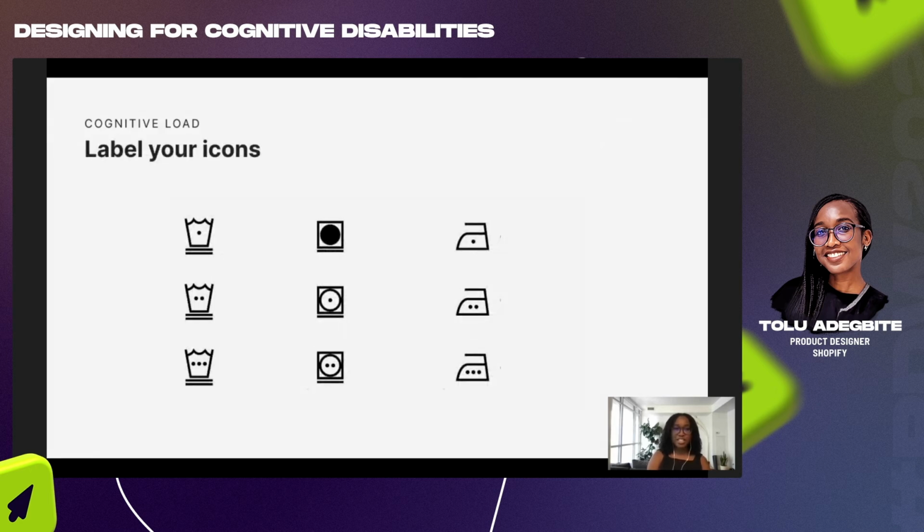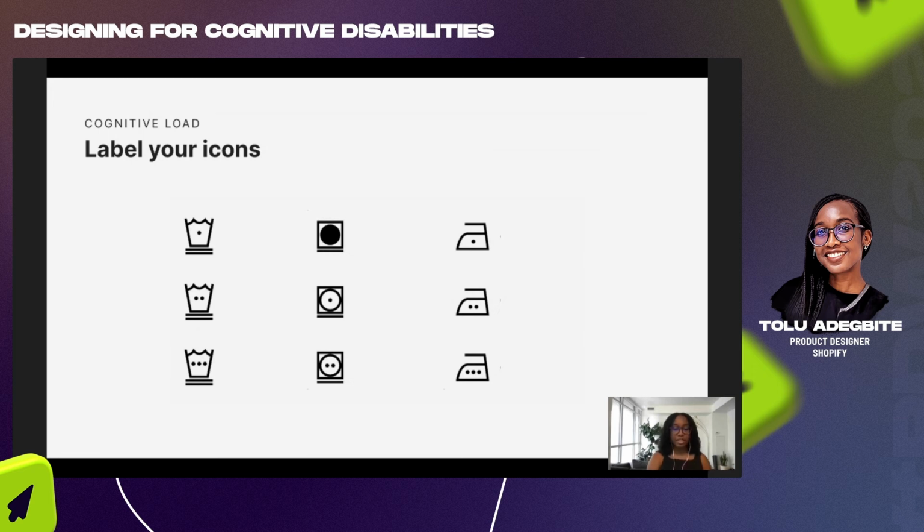Labeling your icons. So this is a big one. On this page, I have images of little icons that you would see on the tag of clothing that you purchase, which tell you how to take care of the clothing. So these icons to the average person are completely not understandable without any context. Like seeing an image of a box with a black circle in the middle underlined means absolutely nothing to me without context. Now, if I worked in the clothing industry, this might mean something, but to me, a layperson, it